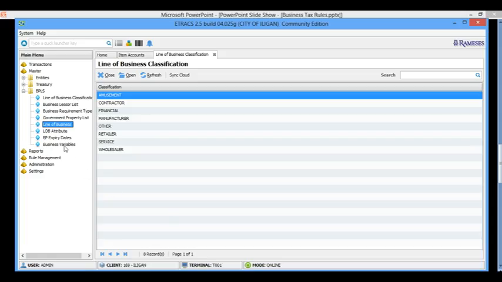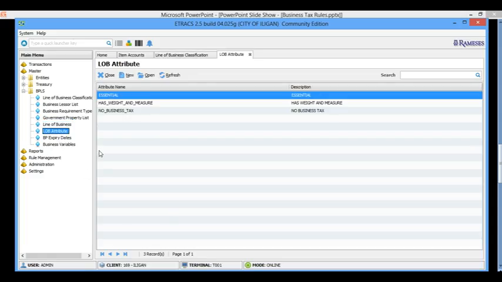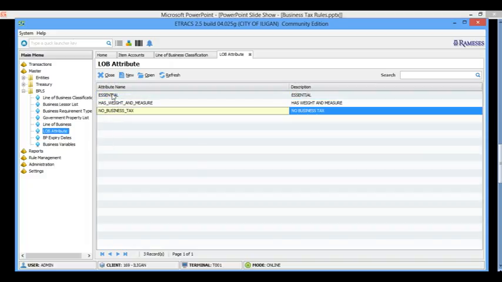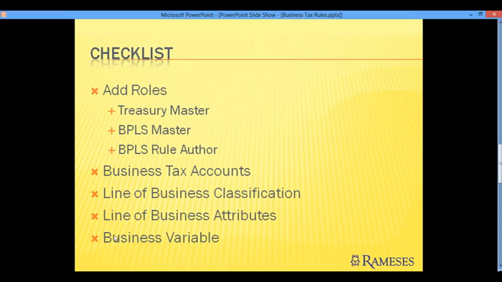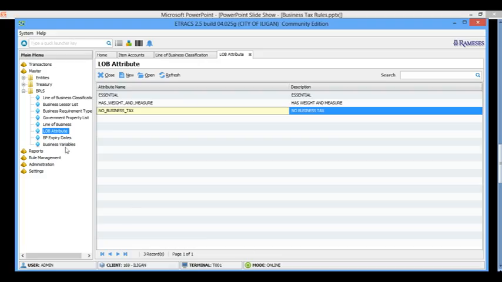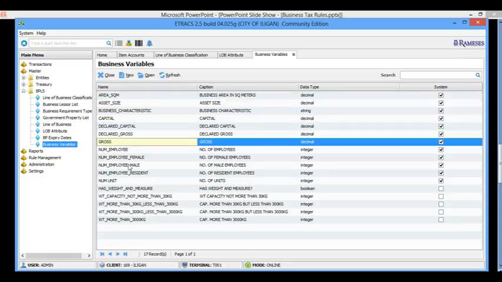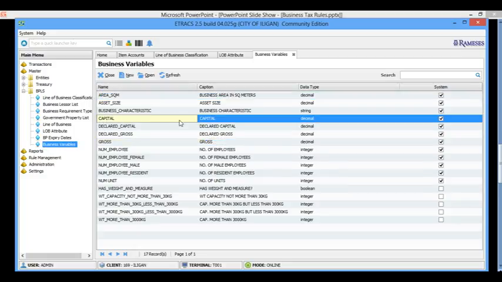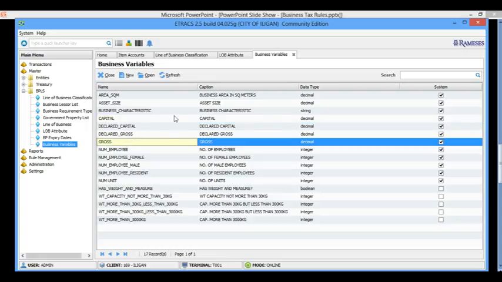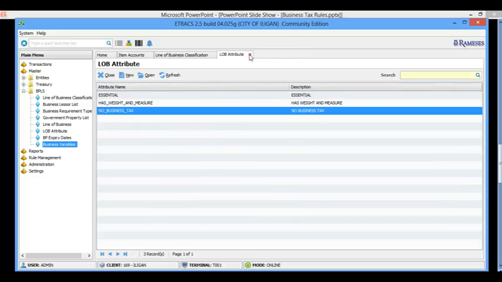Basically we will need the essential attributes and some of the others, and they're in there, so that's okay. And then business variable. The business variables that are important for us are the capital and the gross. Normally we will use the capital for new business and the gross for renew and retire. So more or less we have the important information in there, so we can start with creating the rules.